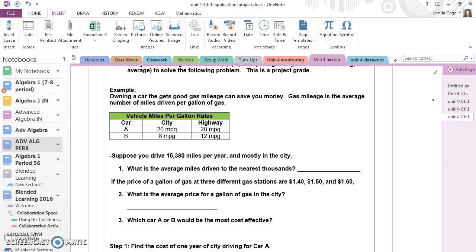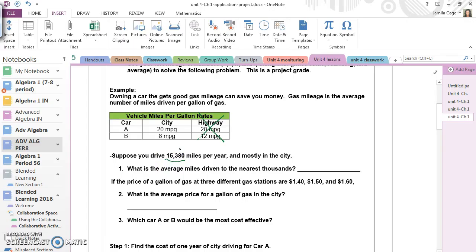So since it's mostly in the city, we will ignore highway. We want to figure out between car A or B which one gets the better gas mileage in the city. So the first thing we will do is find what is the average miles driven to the nearest thousands. So if we're driving